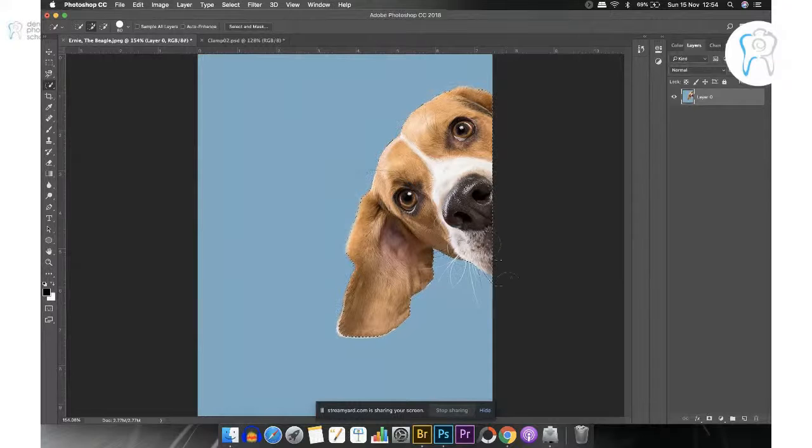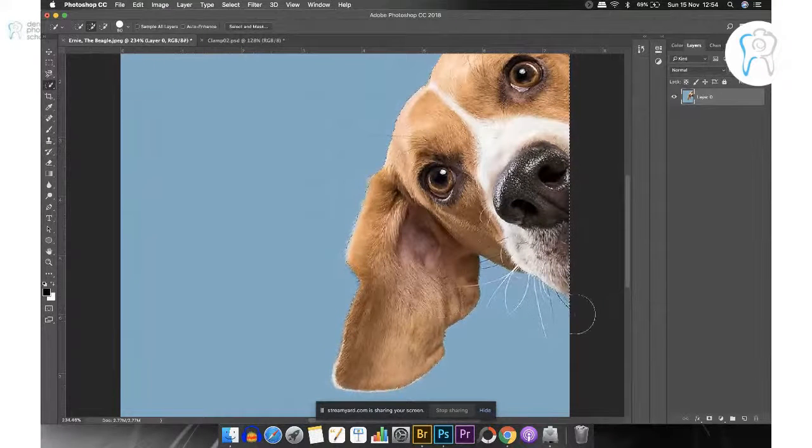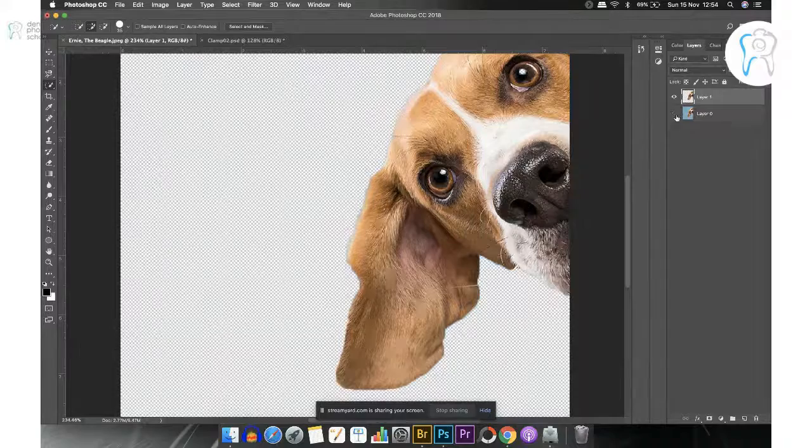Okay, so I think I've done a better selection now, but if I zoom in on this particular area, it's not looking that great. So I'm just going to hold Option or Alt. If you want to delete a particular part of the selection, press Alt on Windows or press Option on Mac, and then I'm going to make a duplicate layer of the dog,